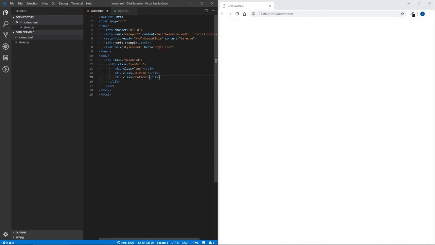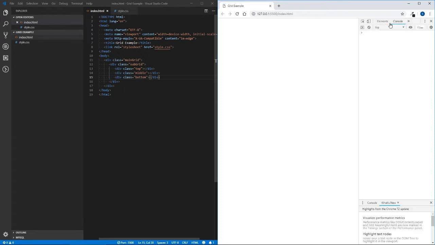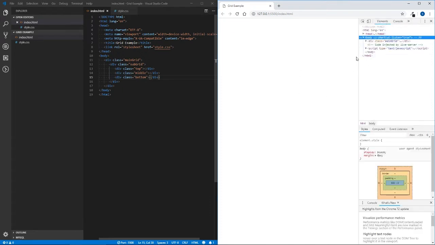Gonna save this. And here, just gonna look in our elements how it looks. So right now, if I hover over main grid, you'll just see div main grid and so on. So nothing special. Let's zoom in and see what happens. So it's the same here. Now we really can't see it, but let's